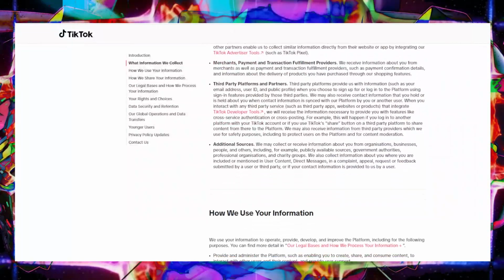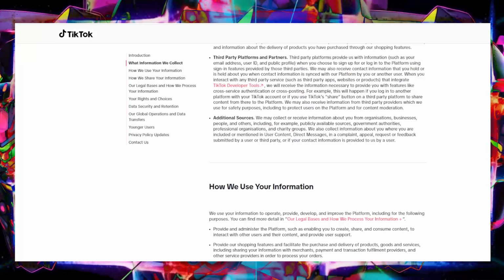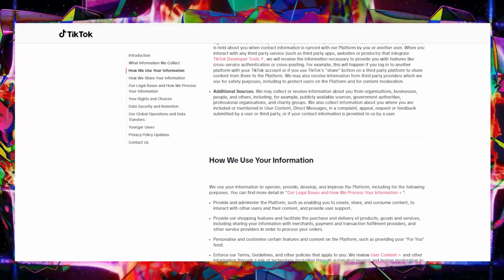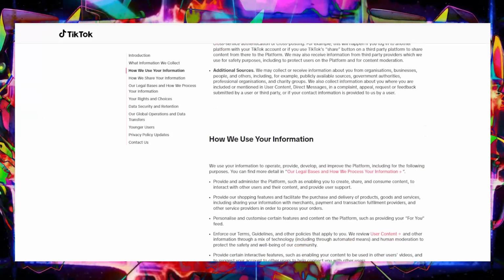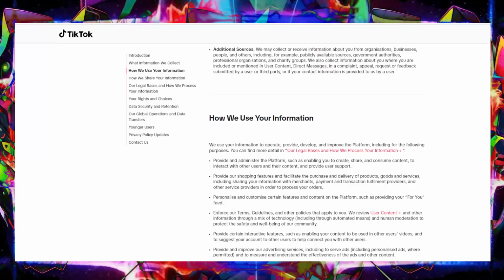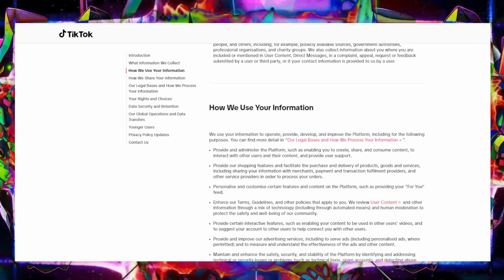Yeah. So they know what we copy and paste, how we type. But wait, there's more. They also mention collecting data from their advertising and business partners. Right. And this is where things get really interesting. Because now we're not just talking about what you do on TikTok. We're talking about this whole massive web of data. Your information from different apps, websites, even your offline purchases, it can all be connected back to your TikTok profile. Hold on, back up.